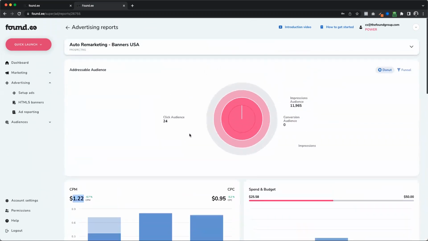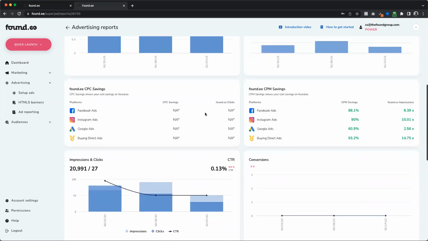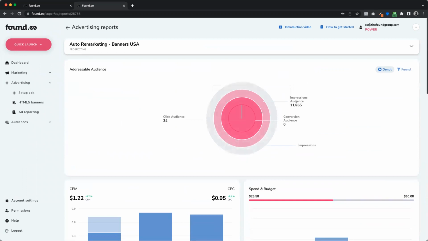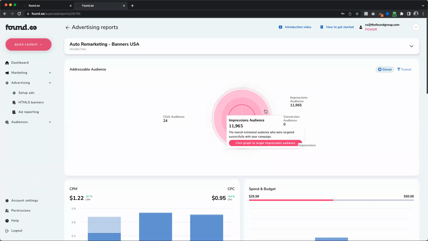Now, what's really cool about this is if we look at the total impressions here, there were about 21,000 impressions that took place from this campaign. Now, this impression-based audience, they're not always going to match up perfectly. It's just the reality of the world we live in with digital marketing that some people opt out of tracking, and that means they're not going to fall into some of these remarketing audiences. So what you're seeing here is this impression audience. There are 11,965 people of those 20,000 impressions that the ad was served to who were accessible for the opportunity to remarket